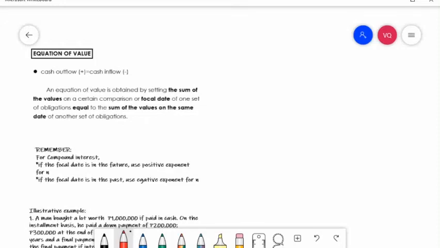Our next topic under Chapter 2 is the equation of value or values. An equation of value is obtained by setting the sum of the values on a certain comparison or focal date of one set of obligations equal to the sum of the values on the same date of another set of obligations. So remember, for compound interest,